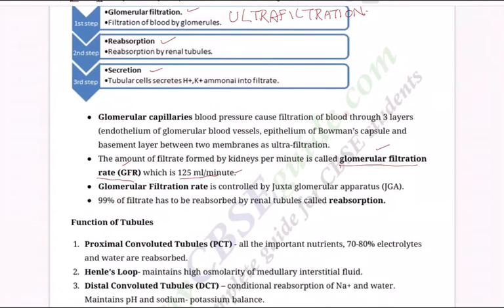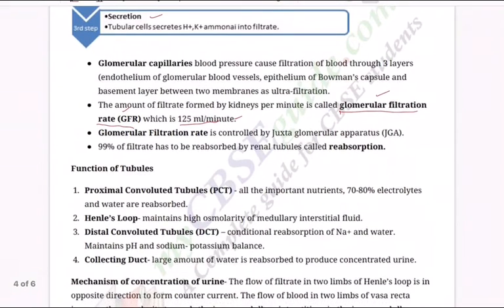In the distal convoluted tubules, there is active reabsorption of sodium ions from the filtrate under the influence of aldosterone. So you must remember this aldosterone. And water is reabsorbed here under the influence of ADH. Again, a very important one; you will be asked the expansion many times. Antidiuretic hormone. Remember? ADH. This is secreted by the posterior lobe of the pituitary gland. This makes the filtrate isotonic. So thanks to ADH, it is isotonic to blood.